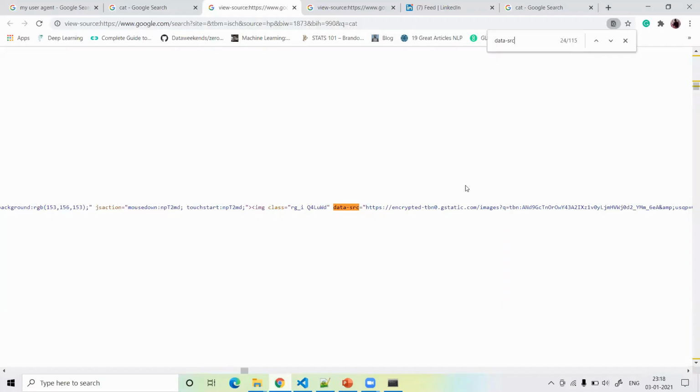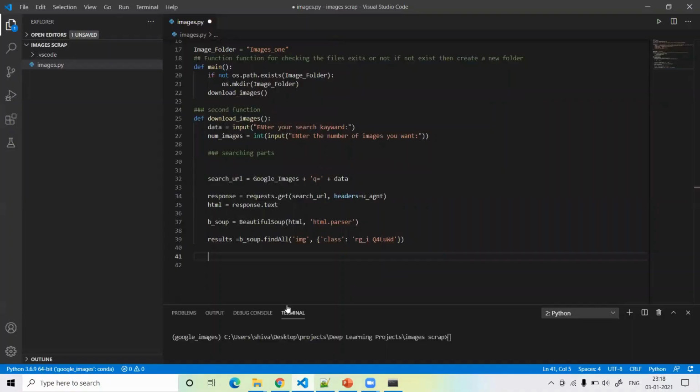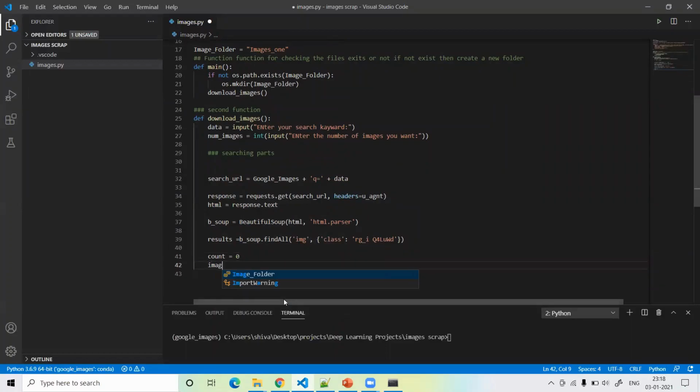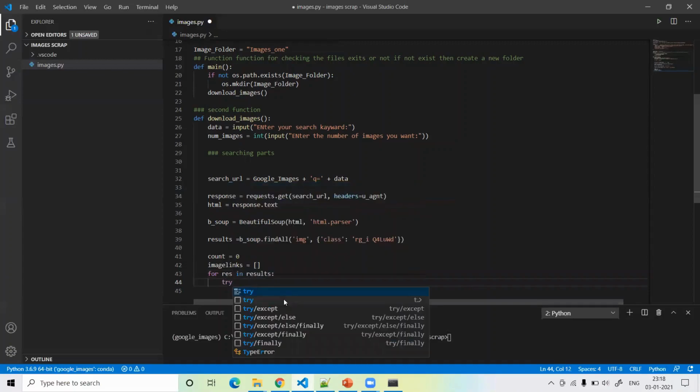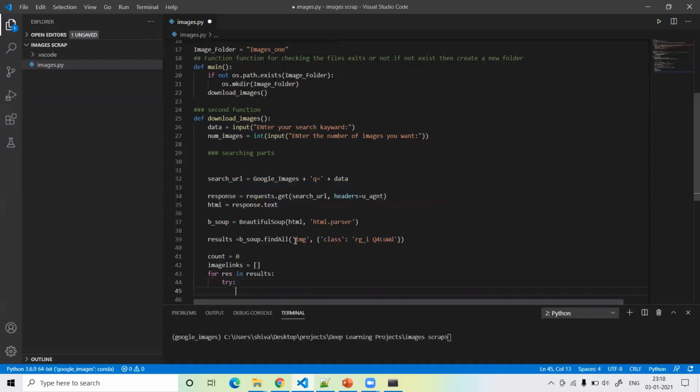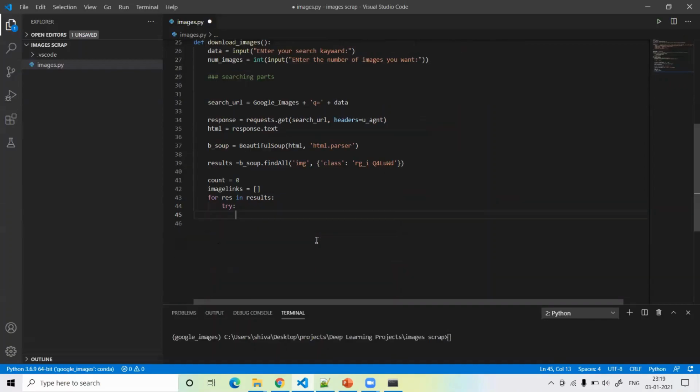Just write count equal to 0, and then I define image links equal to an empty list, and then I write a for loop, for result in results, with a try block. Try and except block, guys.